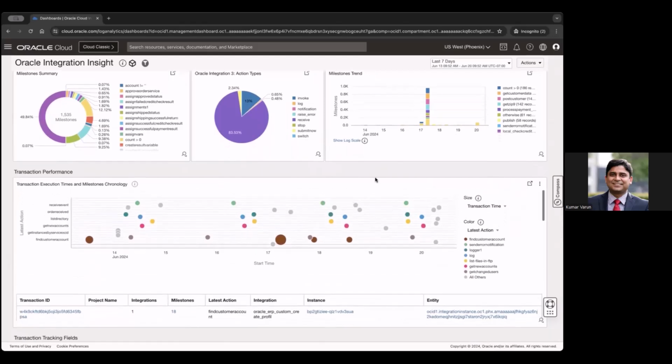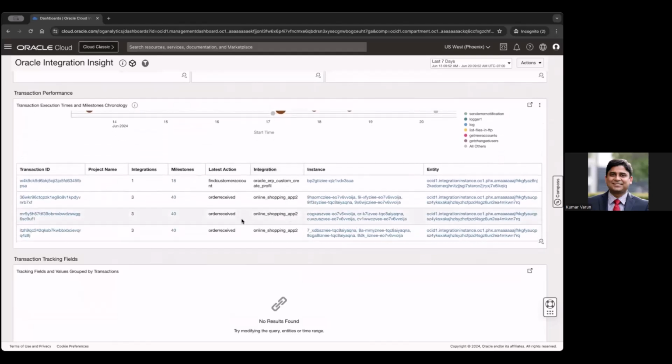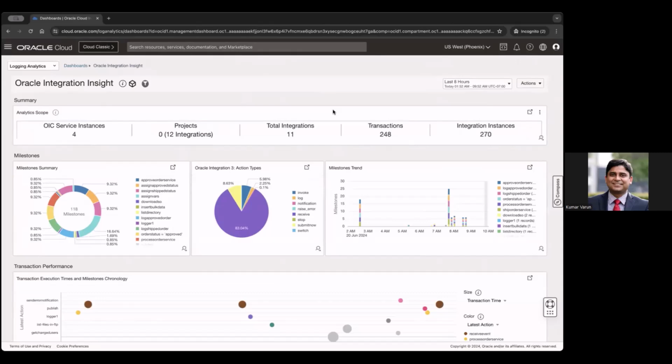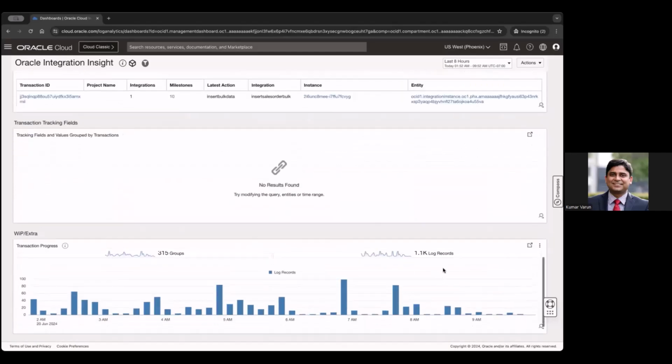There is a transaction execution performance analysis, showing which specific steps are taking longer, or what has been the trend, and you can drill down into details of which integration, which specific project, or which transaction is contributing to those. Now, from here, you want to look at specific details of what the different steps have been, and that's what these